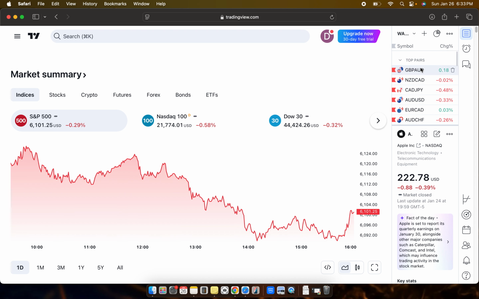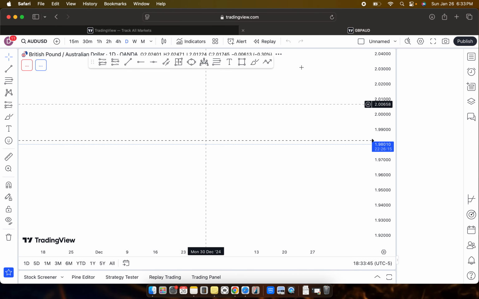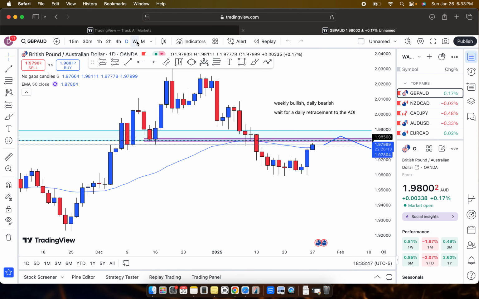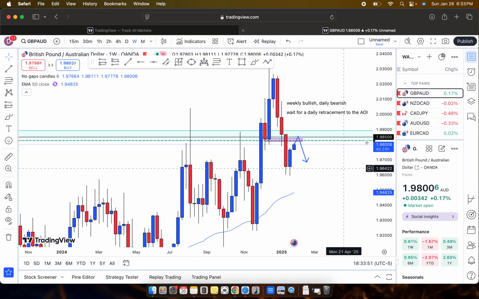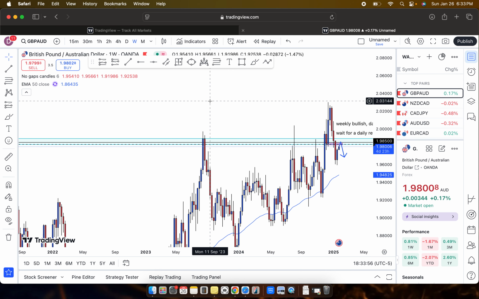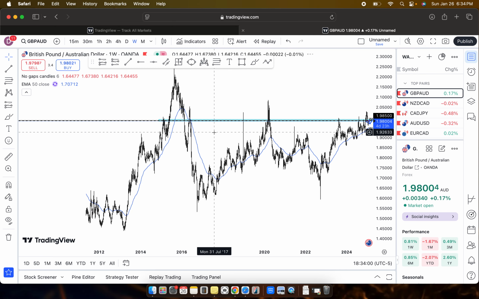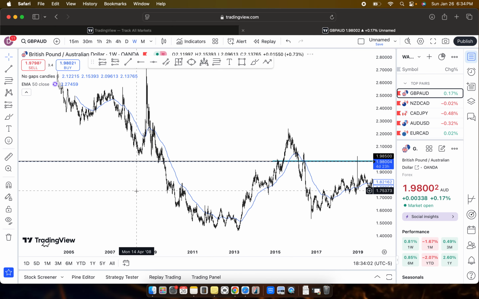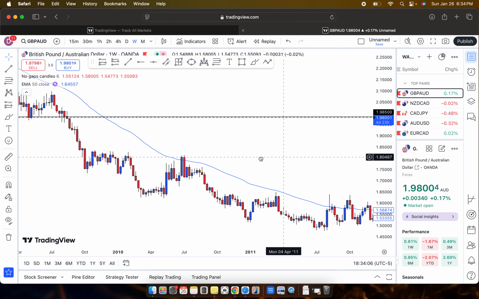I already did some preliminary analysis a few minutes ago and wrote down some notes on these pairs, so that'll kind of help quicken this video. But anyhow, the first one is GBP AUD. As we see, the price is currently at a strong level of support,